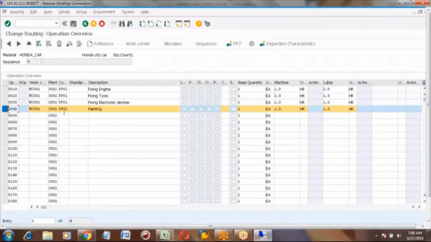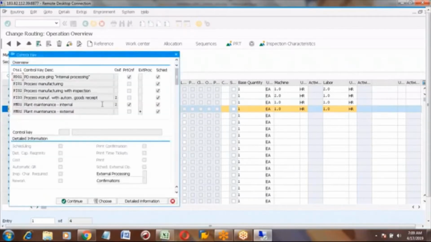A goods issue should happen at the first operation because you are starting the assembly, but goods receipt should happen at the last operation. Here the control key PP01 is there. You need to change this. I will show which one is the correct one.